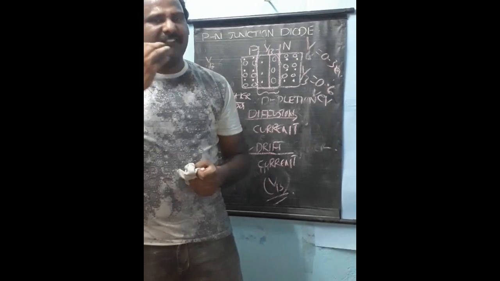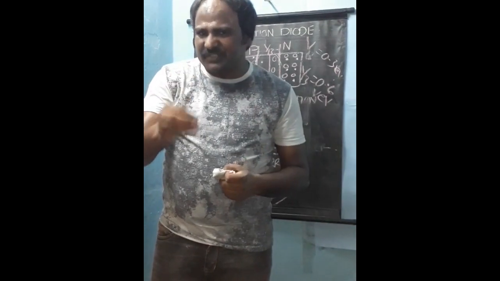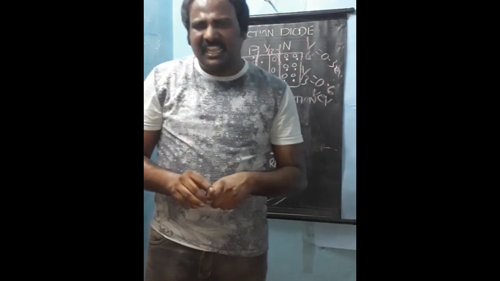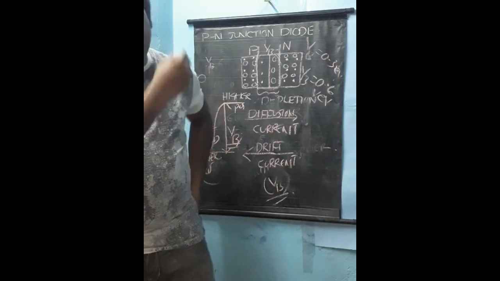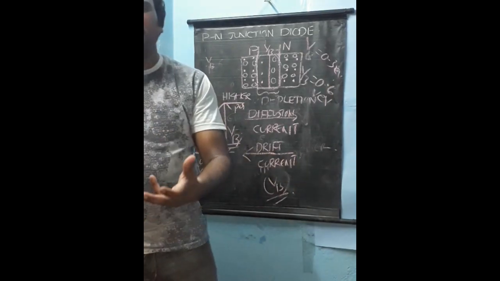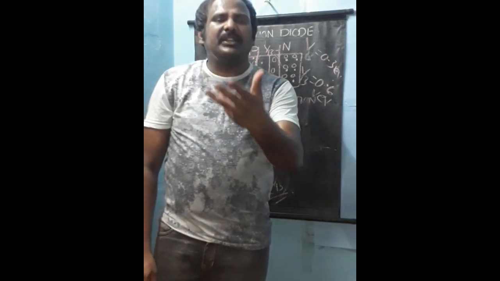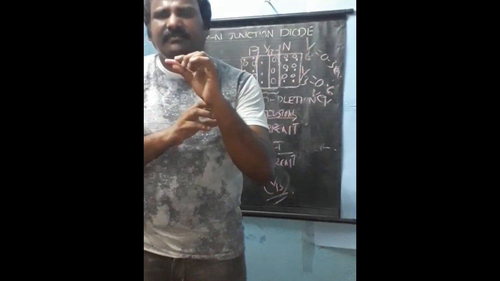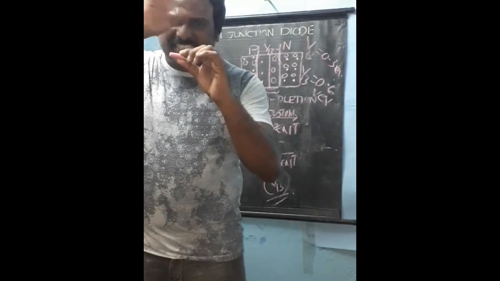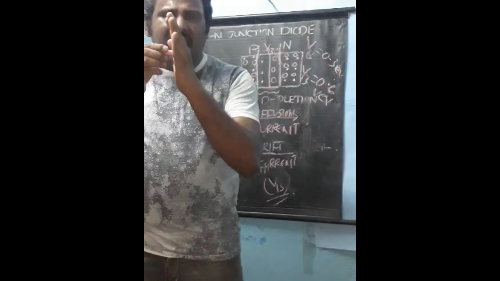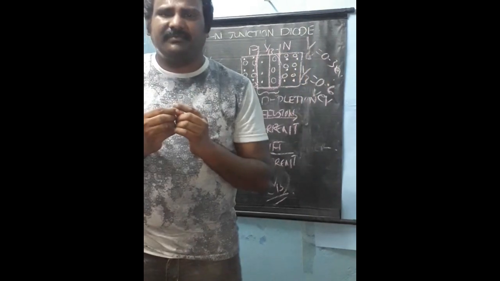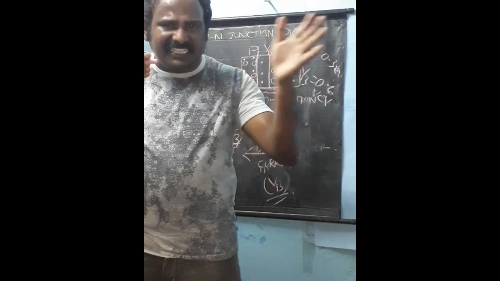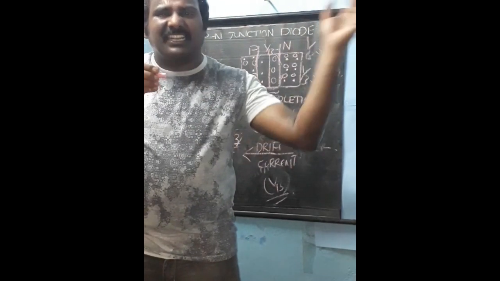In such a way, we can indicate how depletion layer is formed, how many currents, drift current and diffusion current are generated, and finally, with the help of a small diagram, we indicated how to produce a depletion layer or a potential barrier. So once again, this is a semiconductor in which doping takes place. A part becomes P and the remaining part becomes N. In P, majority charge carriers are holes. In N, majority charge carriers are electrons.